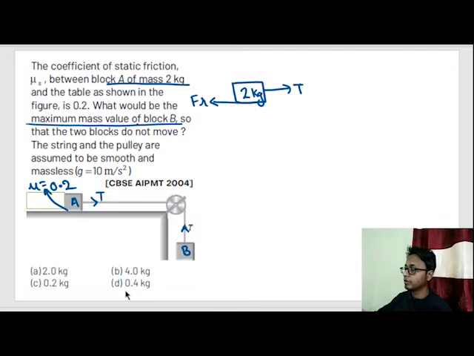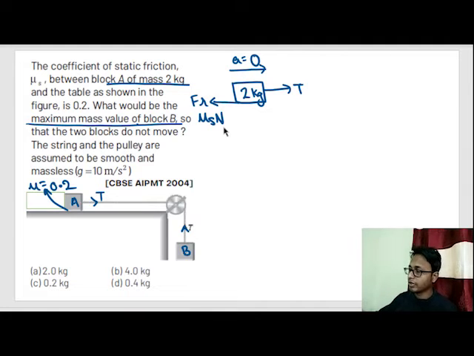Now, when it is just starting to accelerate, that means acceleration is approximately 0, or this can be written as acceleration equals 0. Why? Because I need the maximum value of friction force when the body is just starting to slip. Only when the value of this T overcomes the maximum value of mu s into N can this block start slipping. So at the initiation of slipping, T minus mu s N would be equal to mass into a very small amount of acceleration.